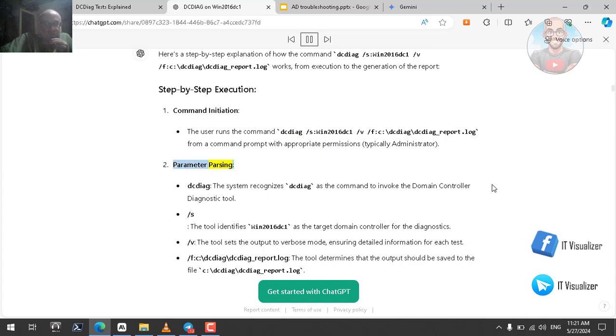Parameter parsing. DCDIAG: the system recognizes dcdiag as the command to invoke the domain controller diagnostic tool. /s: the tool identifies win2016dc1 as the target domain controller for the diagnostics. /v: the tool sets the output to verbose mode, ensuring detailed information for each test. /f: